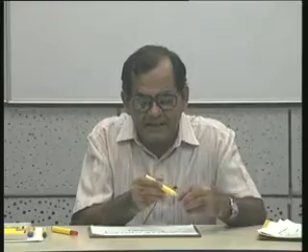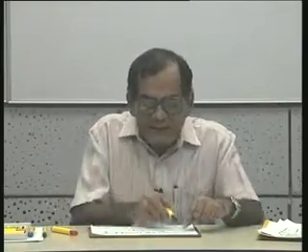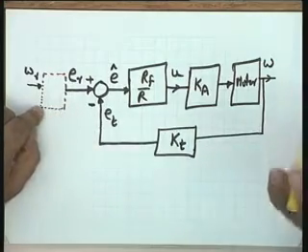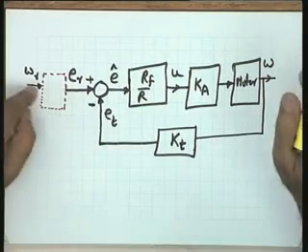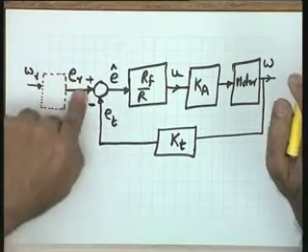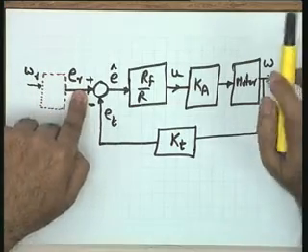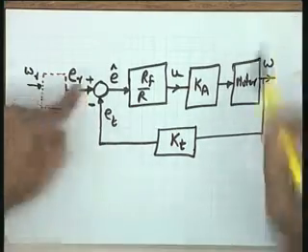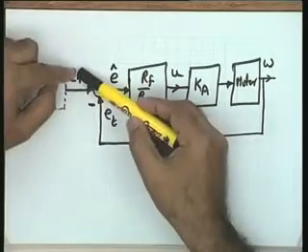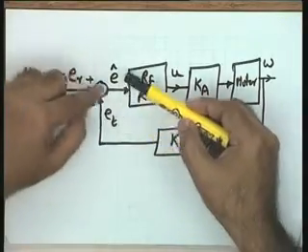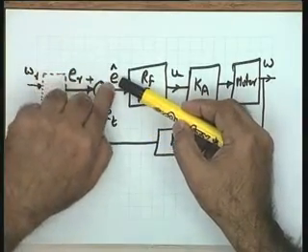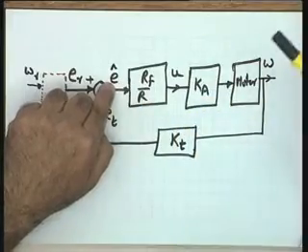You please see that this kT is not a physical component there, but I will set the potentiometric constant in such a way that omega r into kT becomes the desired voltage ER, which you want to feed as the reference voltage. You will see that it is obvious that the comparison of the two voltages will give you an error signal which is proportional to the errors in speed if and only if the dotted block has got kT. I hope this point is being taken very well.